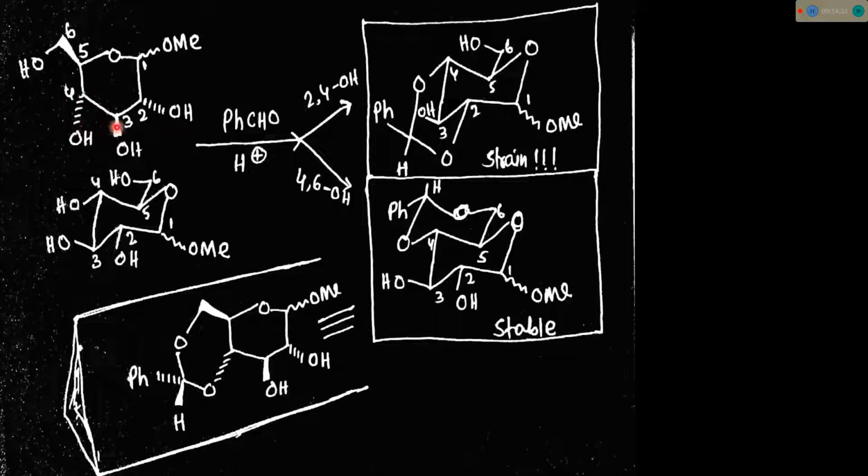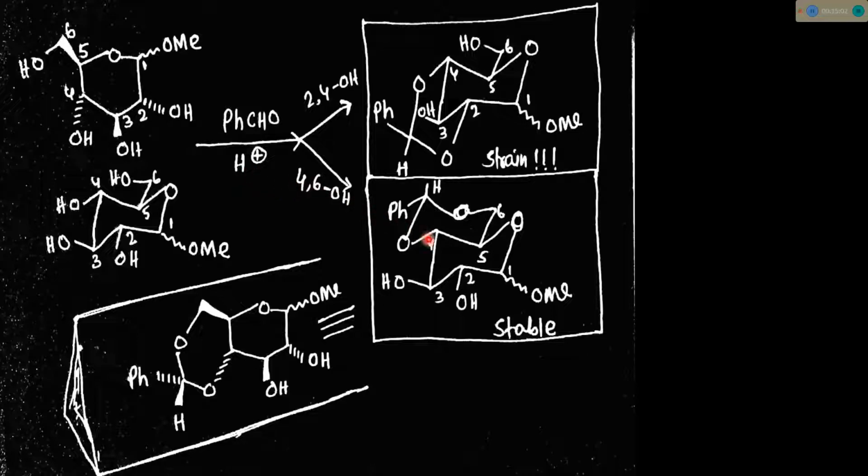4 is below and 3 is above, but with 4 OH below, this 5, 6 carbon is up, but this OH is somewhat closer to this OH. This is not completely trans and not completely cis with this 4 and 6 OH group. The carbon 4 and carbon 6 OH groups are a 1,3-diol, but they are not completely trans or completely cis. See, if this 4 and 6 OH group take part in the